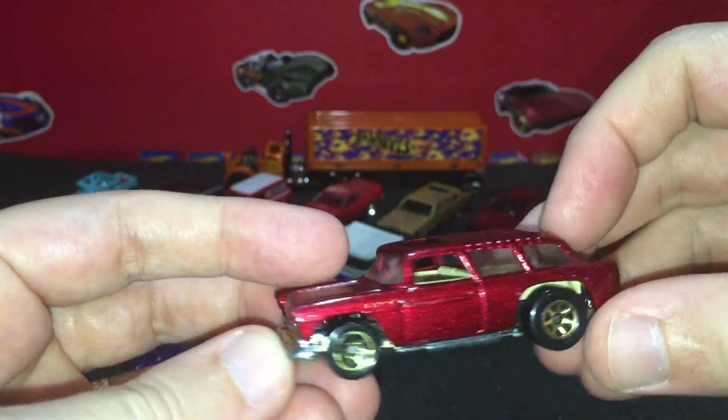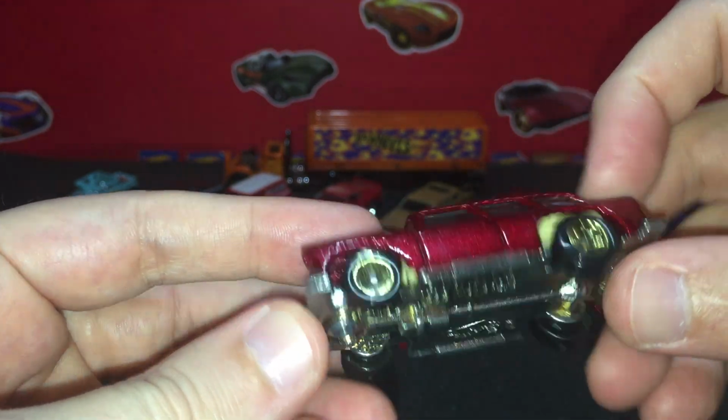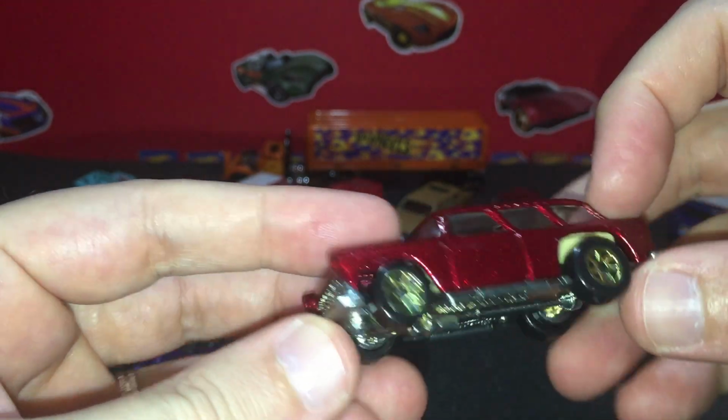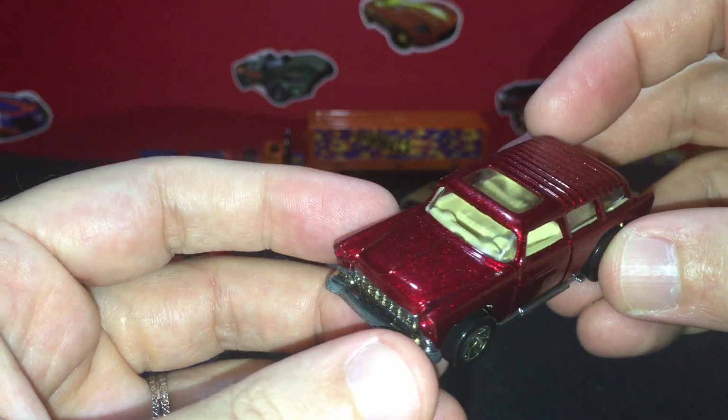Alright, almost done here. This is a 56 Chevy Nomad, I believe. Doesn't say. But 1960s, 69. Okay, so it must be one of the original castings from way back. Anyway,